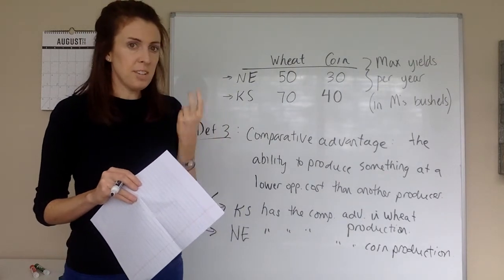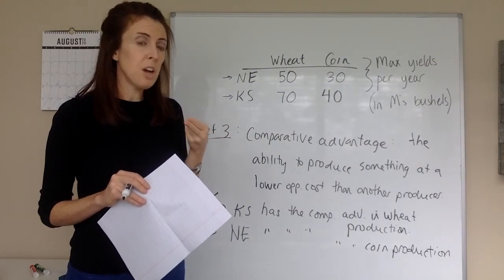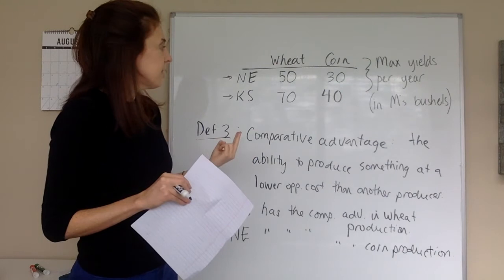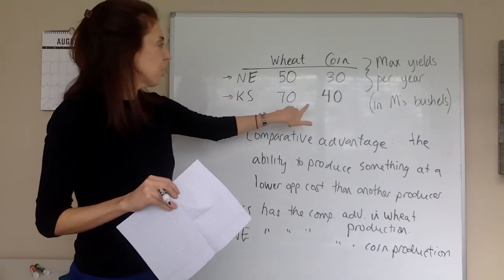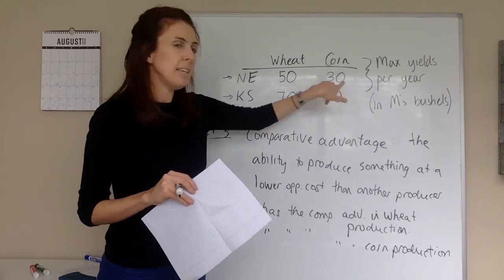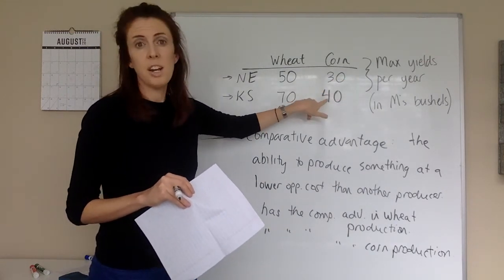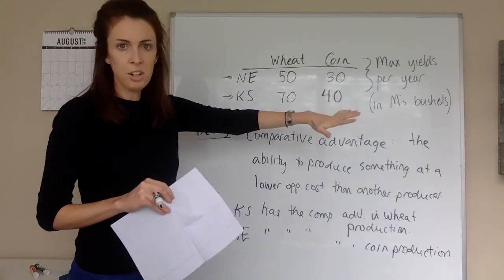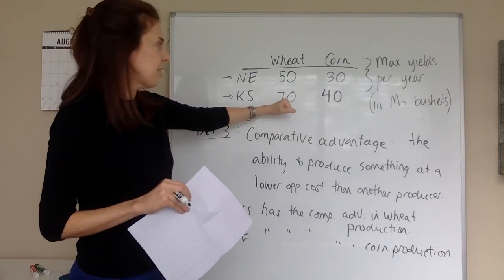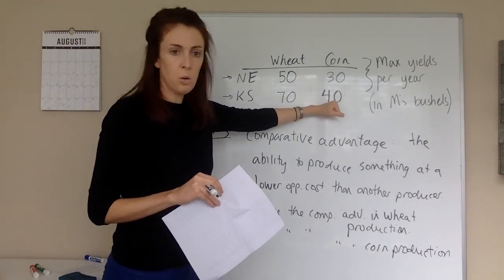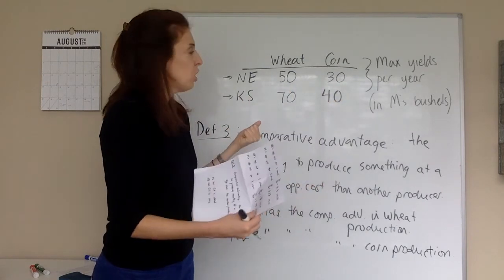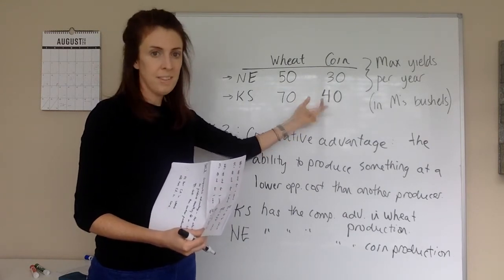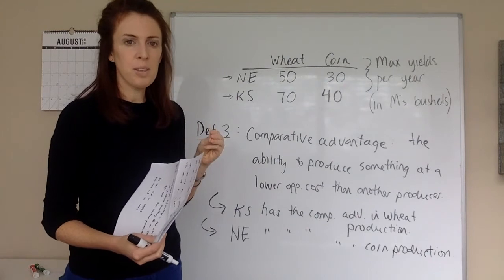The second thing you need to make sure is kind of drilled into your mind is, what is an opportunity cost? An opportunity cost is what you forfeit because you have opted for another alternative. So in this case, the opportunity costs are going to be the ratios of your max yields that you would get in one of these 2 scenarios that you might be picking between. So, for example, Kansas, if you're choosing to just use all your land for one single crop, either you're going to get 70 units of wheat, no corn, or you're going to get 40 units of corn, no wheat. That gives us the trade-off. So we can just use the ratio of these two things to figure out the opportunity cost for wheat or corn. That's number 2.